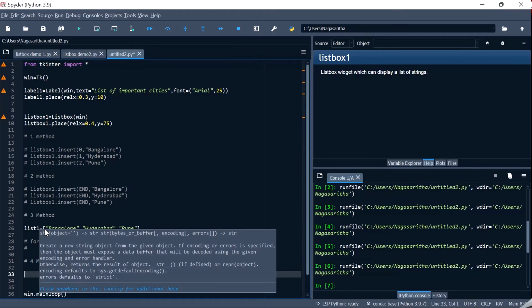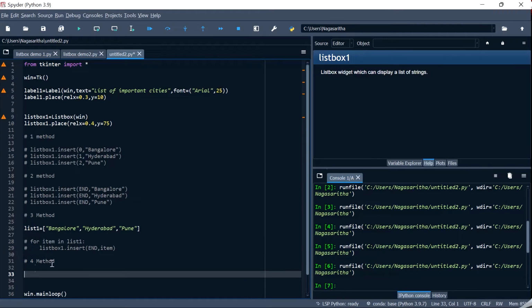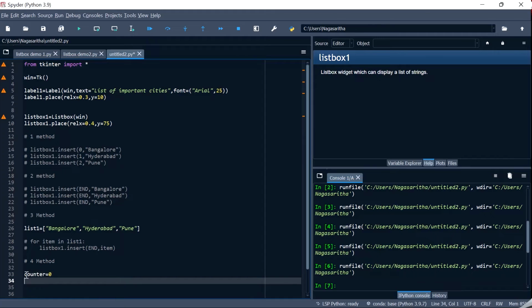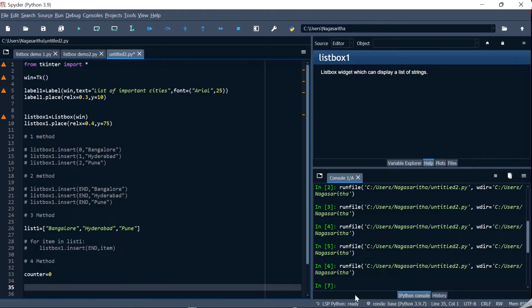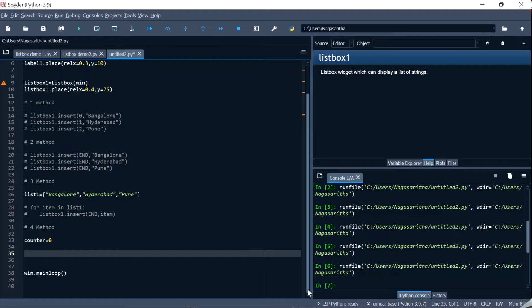So we have a list1 which is having the list of items. Then I'll have my counter equal to 0. Then let me say for item in list1